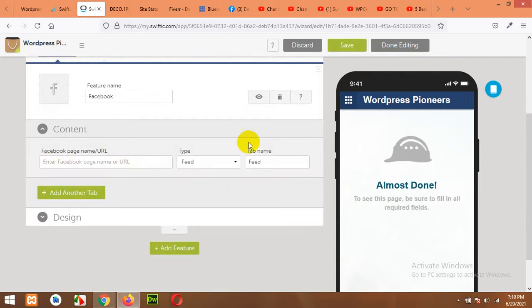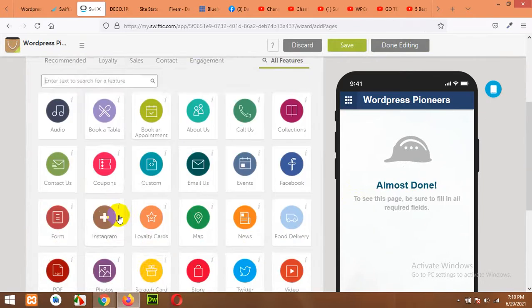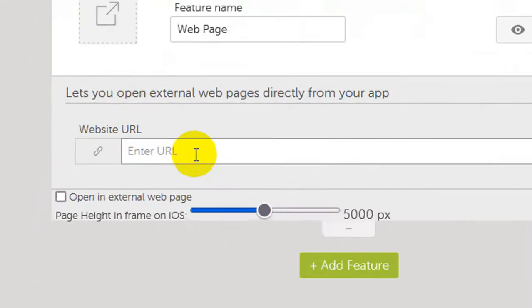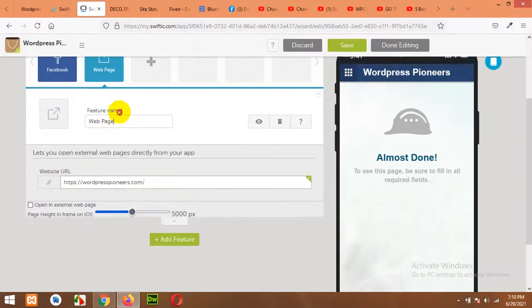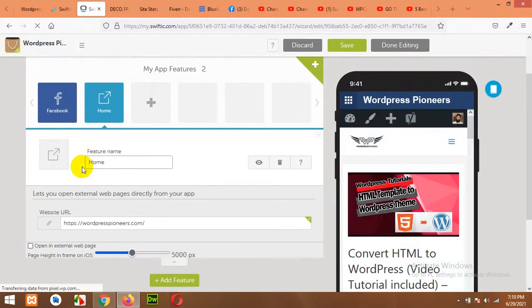We will add the Facebook URL later, but let's just add another feature, which is our web page. Now enter your web page URL, which was wordpresspioneers.com, and this is our home page. So change the feature name from web page to home.